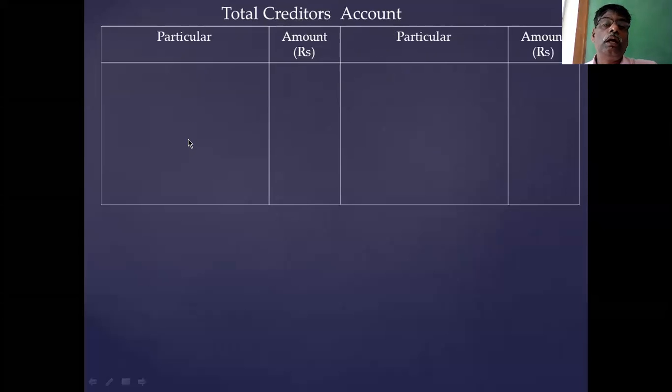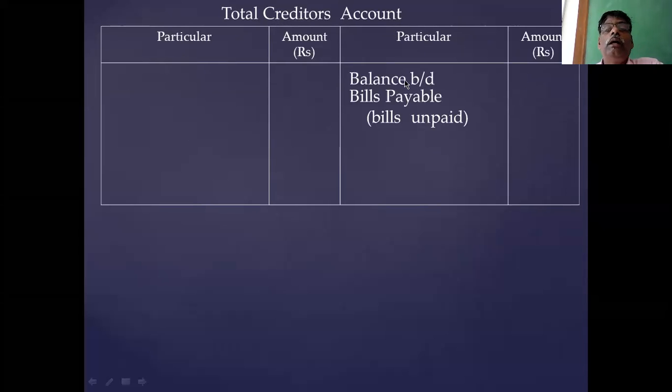Whatever items decrease liability come on the debit side. Remember this. So by balance brought down, you take the balance first, balance brought down, and bills payable unpaid means bills payable dishonored. Second point. And third is